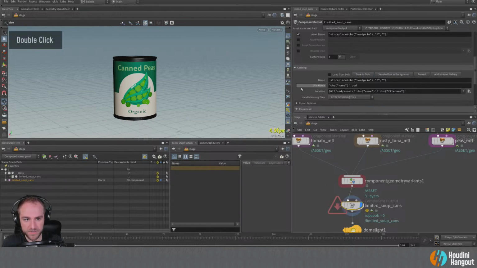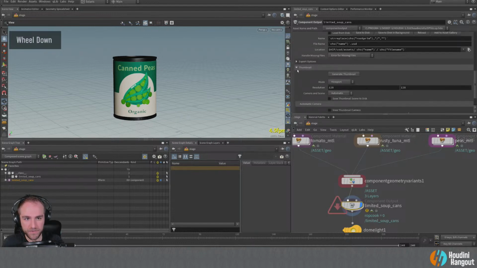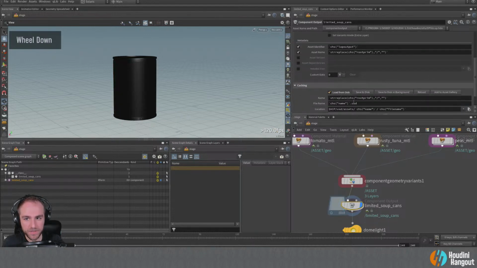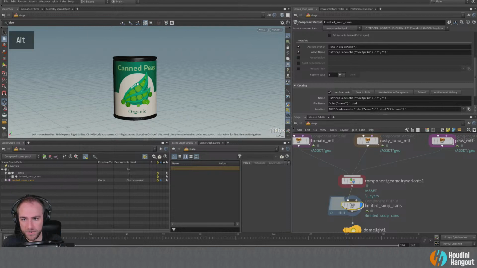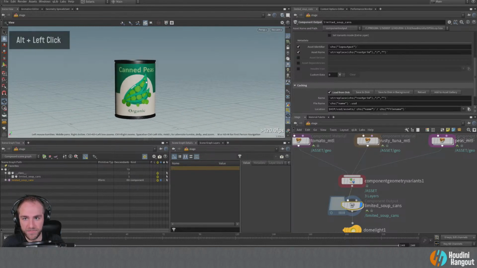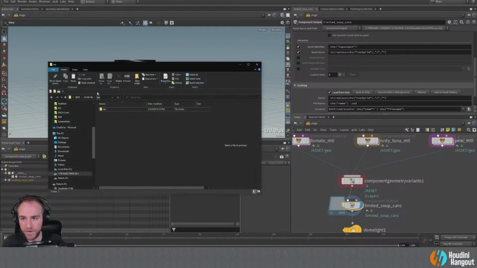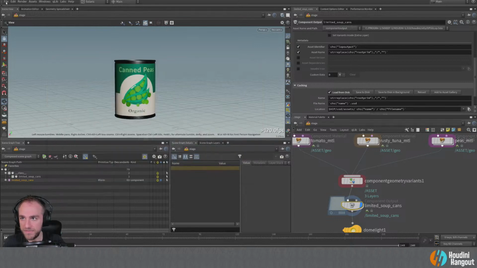And I believe what it's actually doing for me as well is probably generating some thumbnails there. So now we're going to load it from disk, have it reload. And now this is actually a USD file on disk. If we come up here to our folder and go into USD, we can go into assets. Oh, sorry, this is in a different location, so I'm going to save. Well, that's okay. I can pull that up real quick.